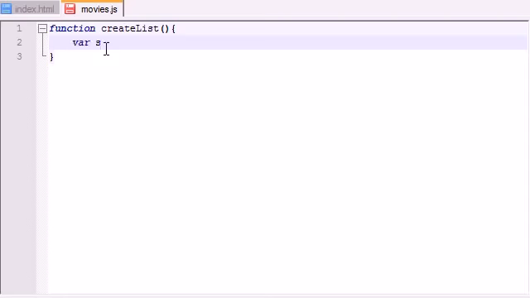make a variable s, which will stand for string. You can name it anything you want. And s is just going to be equal to, and this is going to be a really simple function. Just go ahead and put